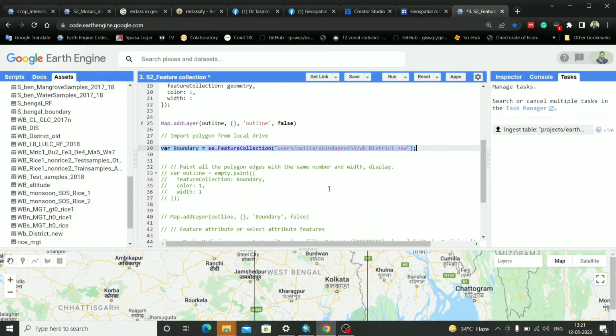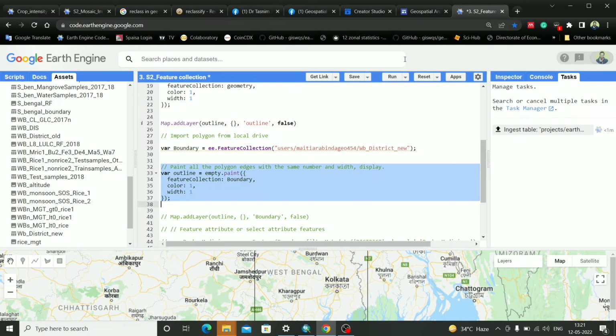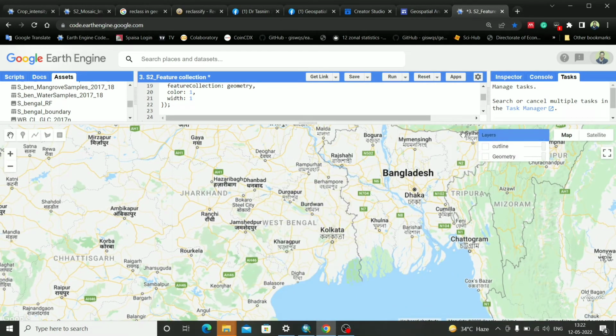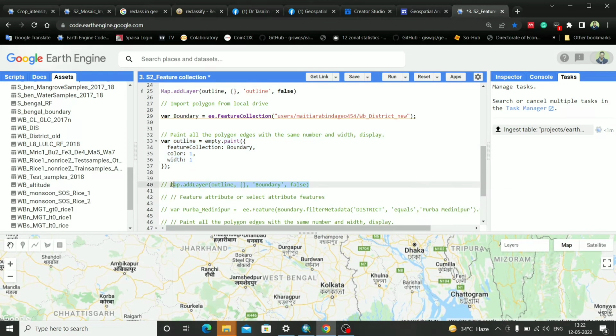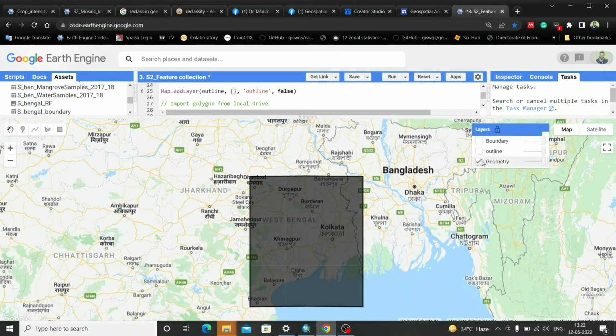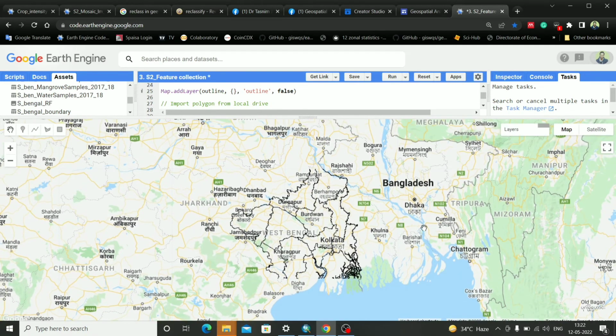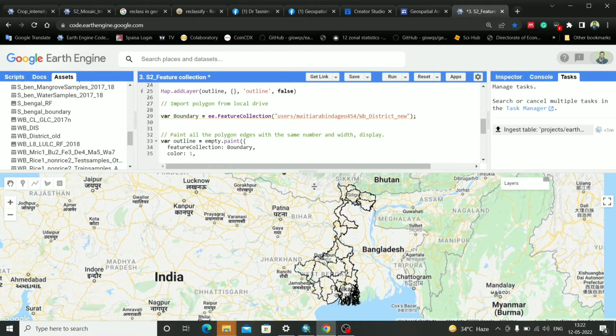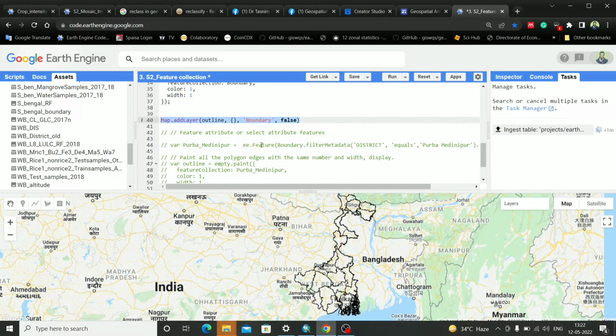Okay, now I want to plot it. Okay, run this function. Okay, just 1 second. Now we'll see I will plot my boundary geometry from my local desktop. Now in the next step we learn how we can select a particular